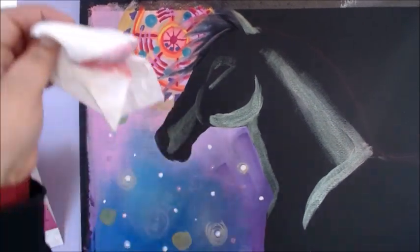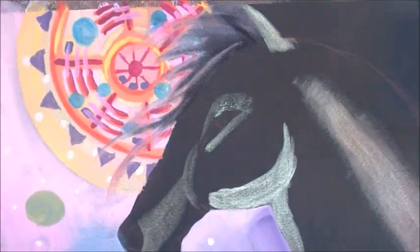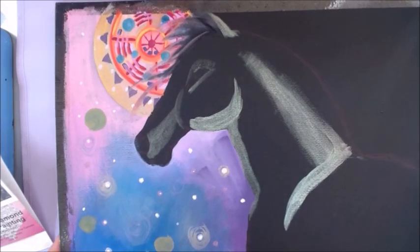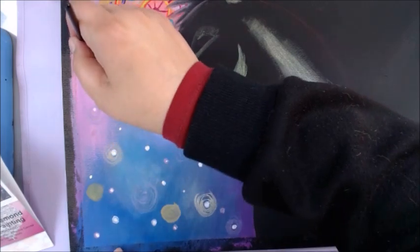Yeah, it's gonna be interesting to see how that dries up. But it is possible to lift off the hair like that, so it's getting a more and more likable area there. I wish I could figure out how to come in and do some sort of, maybe some cross star-shaped stars. Let me see if I can find a really saturated gold color in this layer cake here. If I can work with